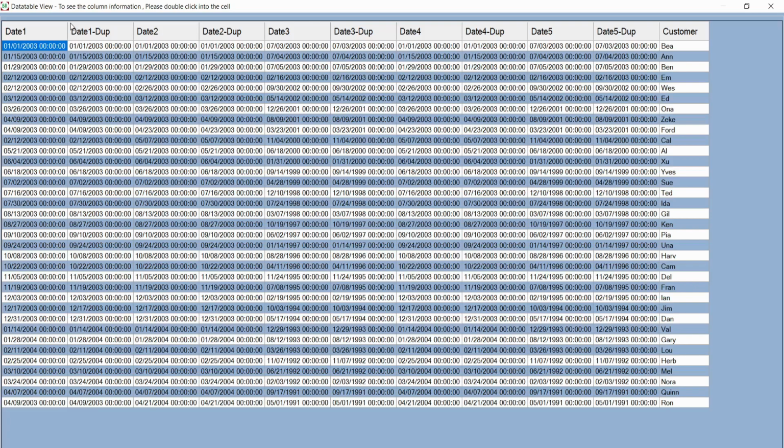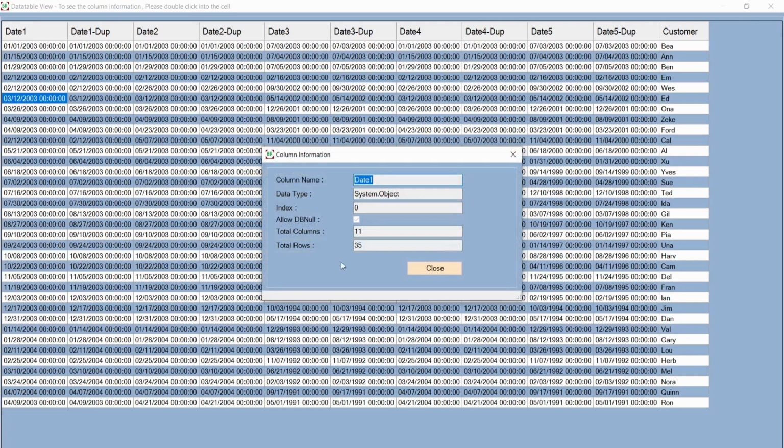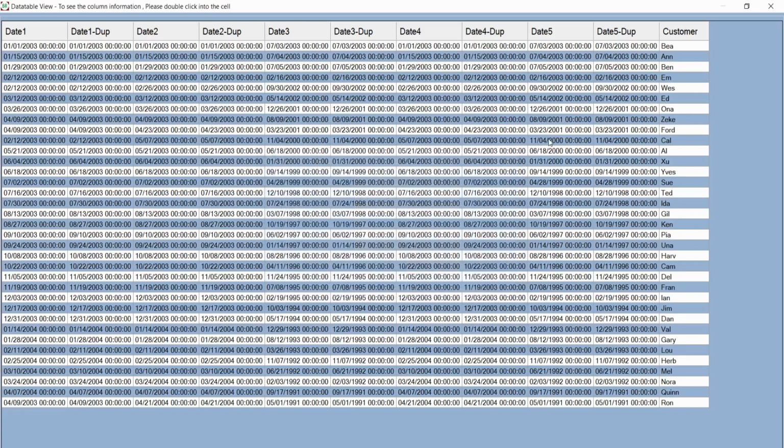The hour, minutes, seconds are all 0. And when you double click on the column you can see the column data type. So all the column data types are object. Normally when you read the information from Excel using the read range activity, all the columns are object types.